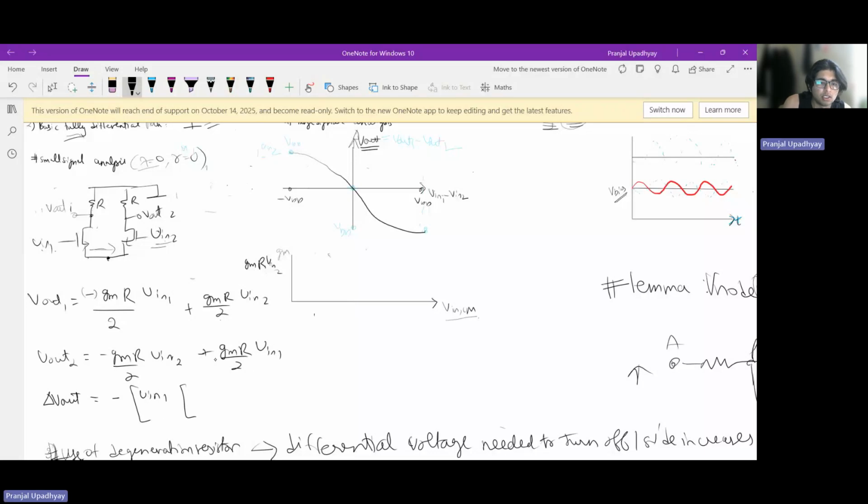Since I'm taking it all as common, okay, what I'll get is I'm subtracting. So yeah, Vout1 and gmR by 2. And so now if we just mentally solve it, we can easily conclude. What can we conclude? That